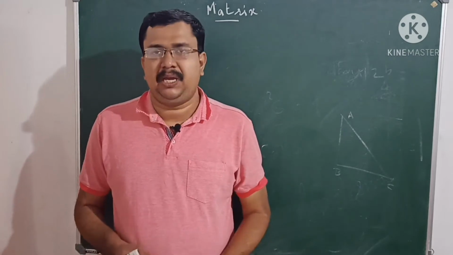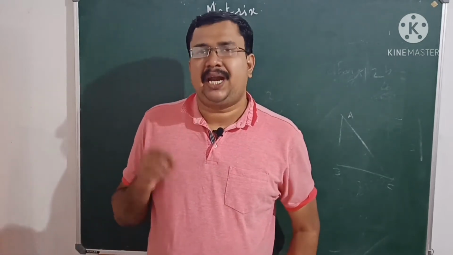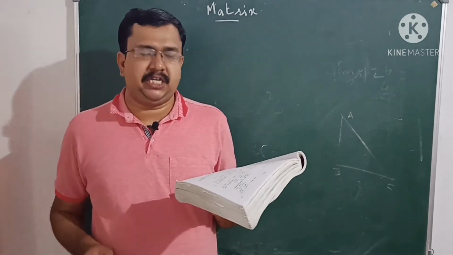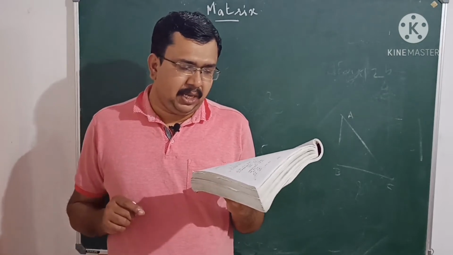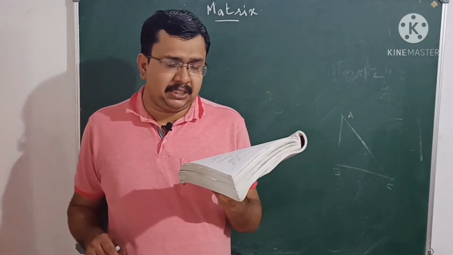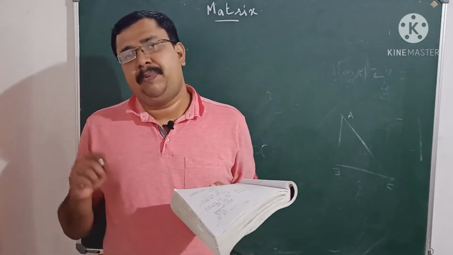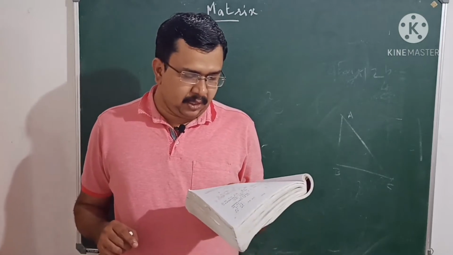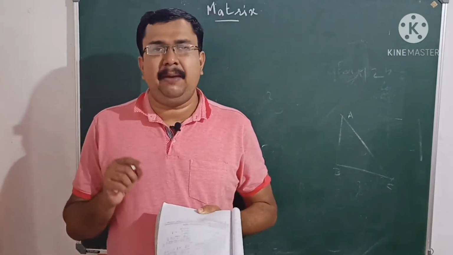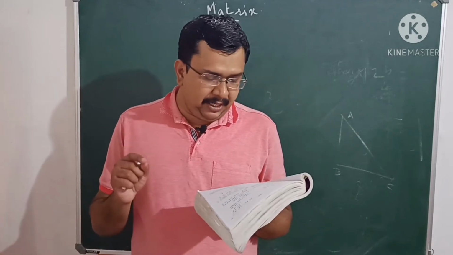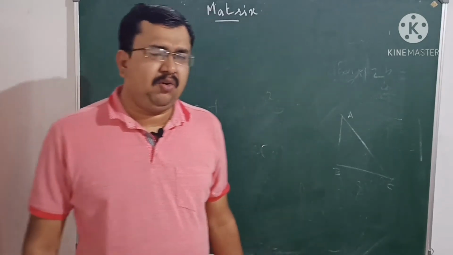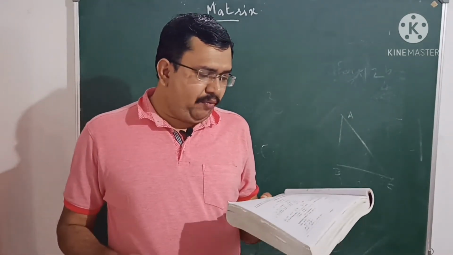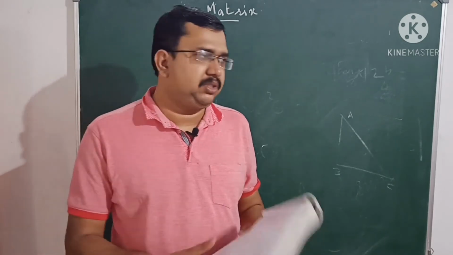Okay, today our topic is elementary operations or transformations of a matrix. Remember that we can apply 6 operations or transformations on a matrix. These are 3 operations to rows and 3 operations to columns. Total 6. These 6 operations are known as elementary transformations, elementary operations. What is our first operation? Our first operation is the interchange of 2 rows or columns.